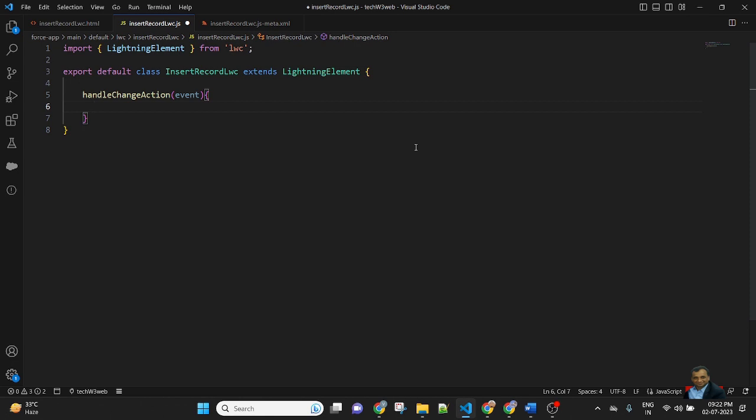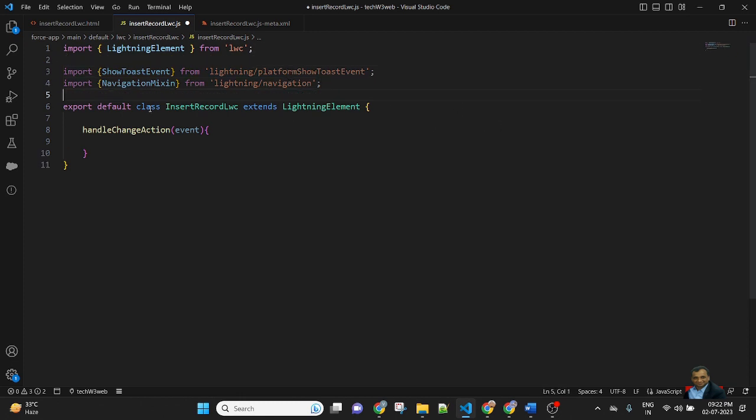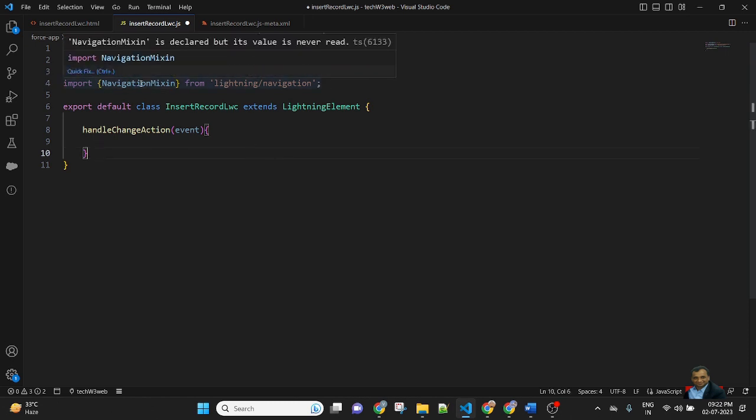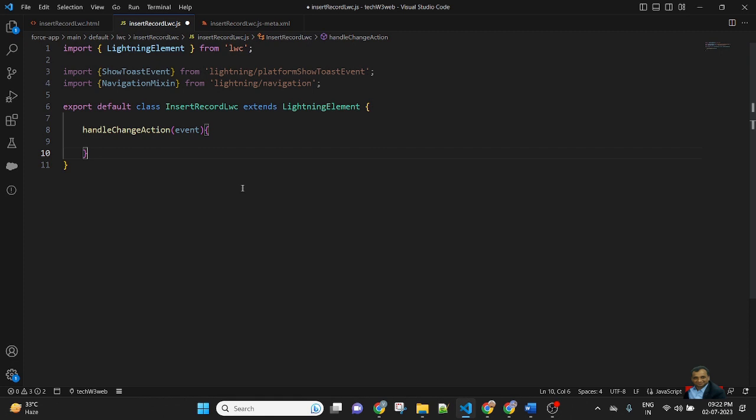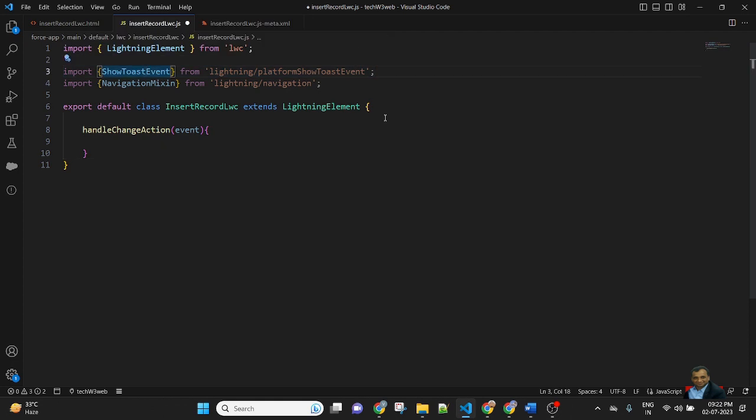First is ShowToastEvent and second is NavigationMixin. The NavigationMixin will redirect to the record detail page after creating a record, and ShowToastEvent will display a toast message if the record is inserted.